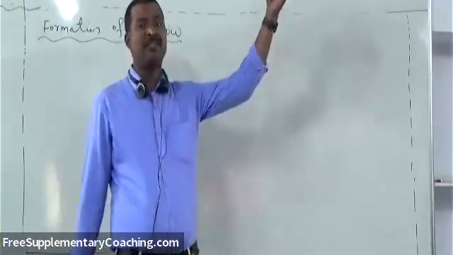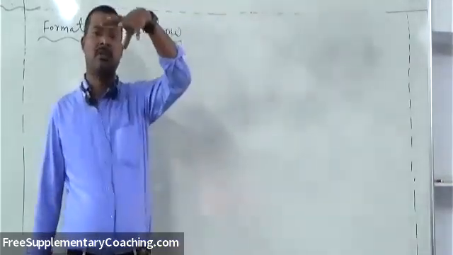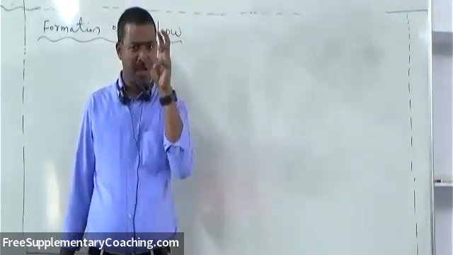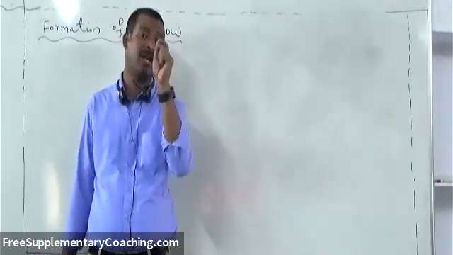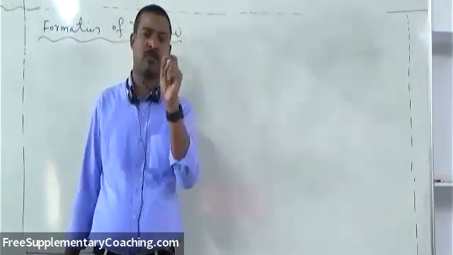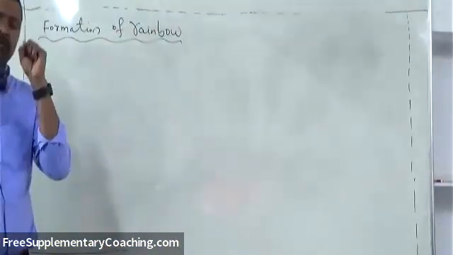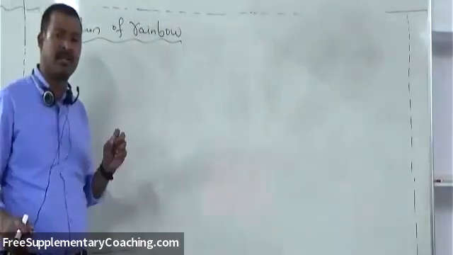The sun rays pass through the rain droplets or water droplets, which remain suspended in the atmosphere for a small duration of time. So due to these water droplets suspended in the air,